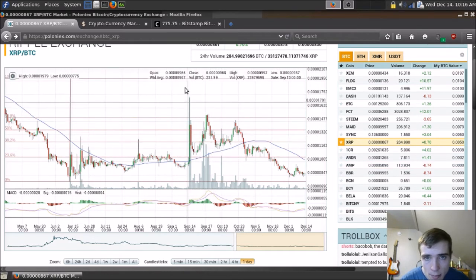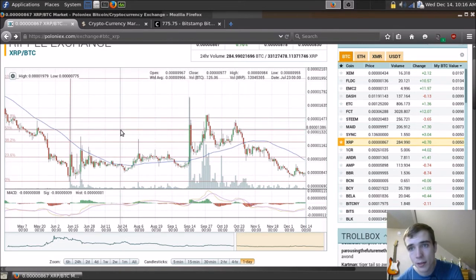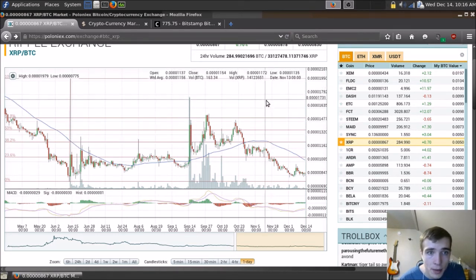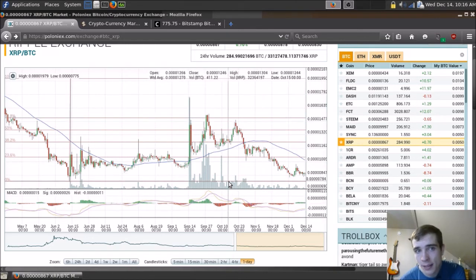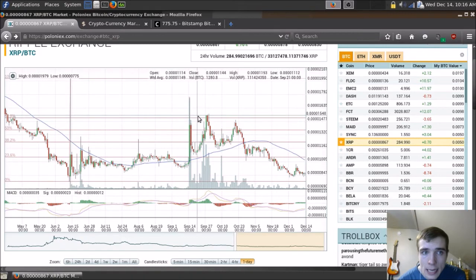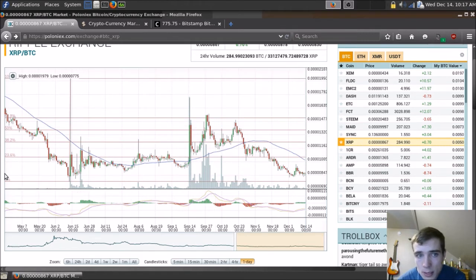And a lot of times when you see a head and shoulders that has more of a down potential look to it, then the coin will go down for a while. So it's all speculation at that point, because you can't really say for sure that it's going to do that. But it is a good pattern to look out for: head and shoulders that look like they make higher lows. So yeah, I feel like Ripple is a pretty good spot to put your money right now,